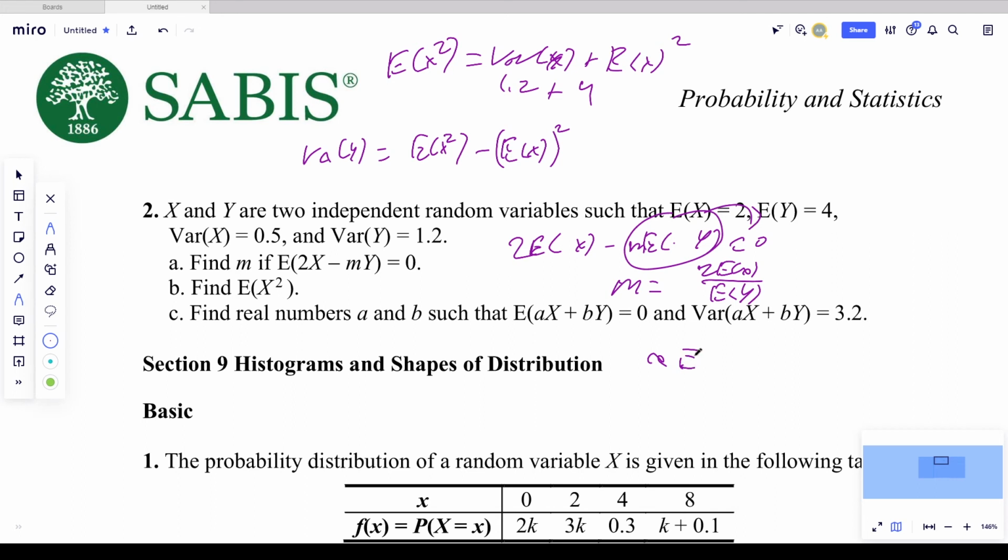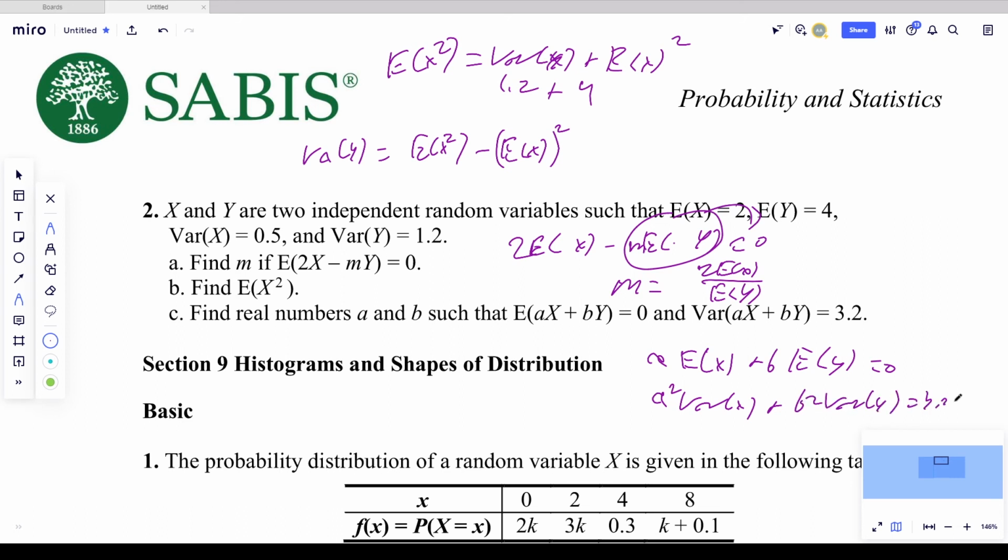Anyways, a times expected of x plus b times expected of y. It's hard to talk and write, actually, not without making mistakes. A squared, if you take out, times the variance of x, plus b squared times the variance of y